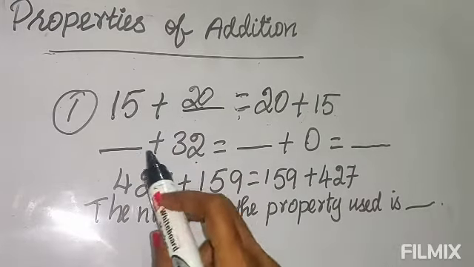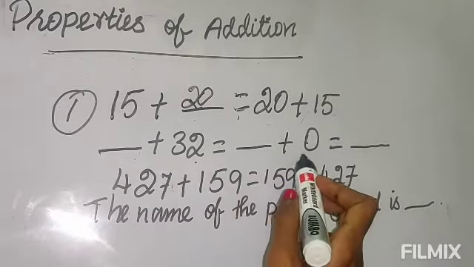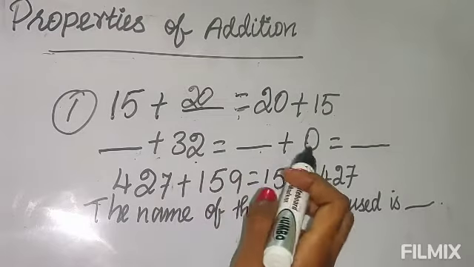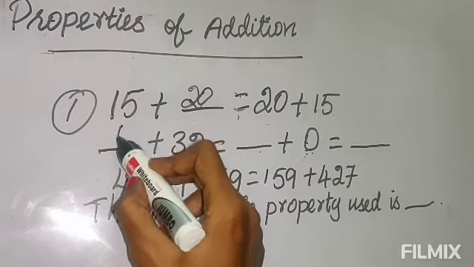And here, you see, here also one number is missing. This is the equal sign, and here also one number is missing. So what can be the other number? It will be the number that is here, that number only. So 0 is here, so that 0 will come here.